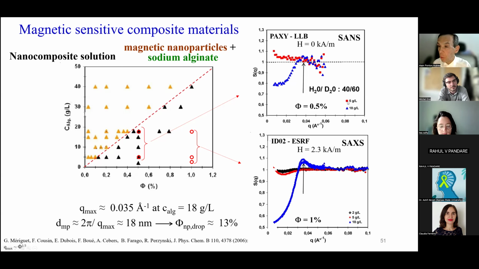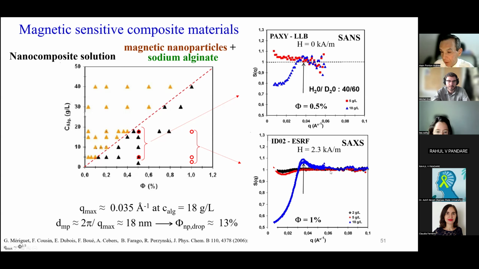For the lowest concentration of polymer, you can see that the structure factor is rather flat, so you have no interaction. But for the highest concentration of polymer, you can see here a decrease of structure factor, which means some interaction between the particles. But small angle neutron scattering is not so precise in this range, so we performed small